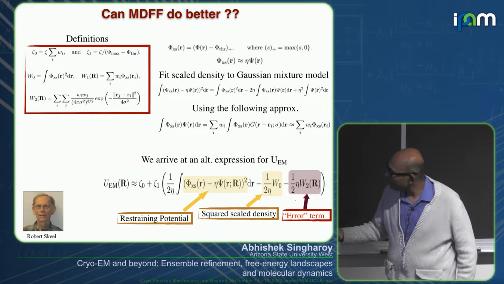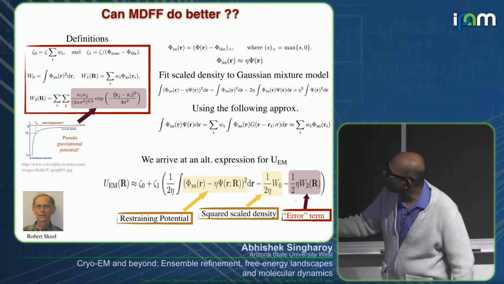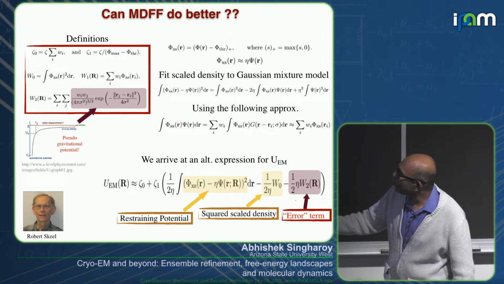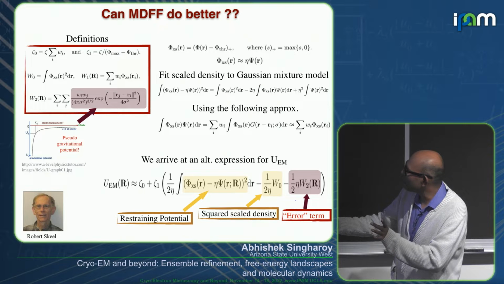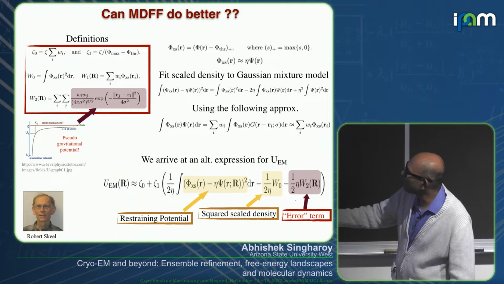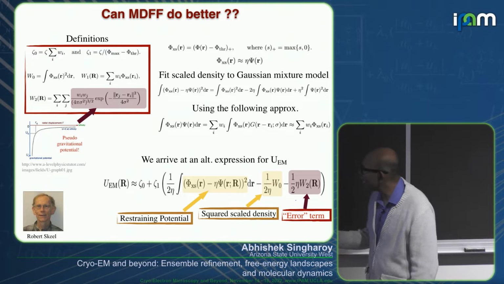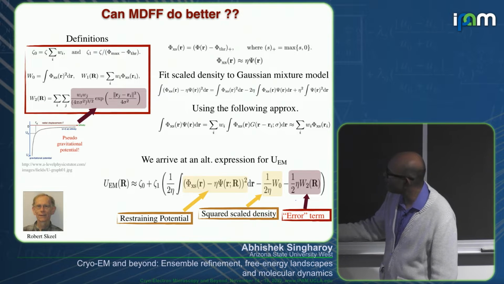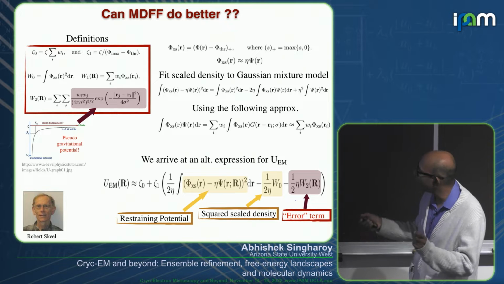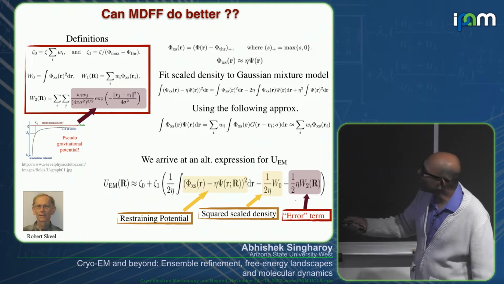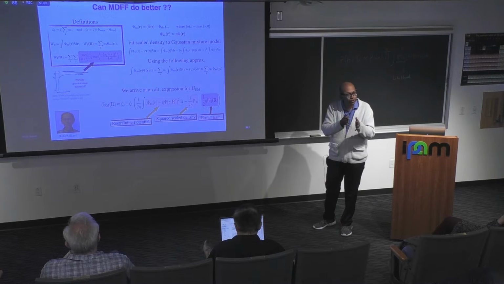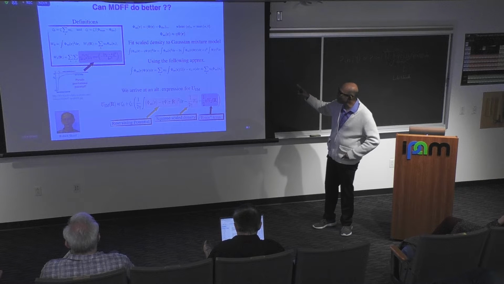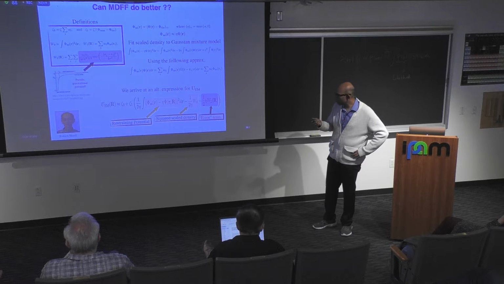If I show you this term, the algebraic form of this term is up here. It shows the weights of two atoms divided by the half width of some sort of a distribution function that I'm using, the half width of the Gaussian, and this is the property of the Gaussian. So essentially what this tells me is that inside this U, when we rewrite this potential that was used inside molecular dynamics flexible fitting, but using Gaussian mixture models, there is a weird gravity-like term. It pulls all the atoms together in the same place. This was already hidden, this was not explicit, but this GMM reformulation of the same potential shows you that